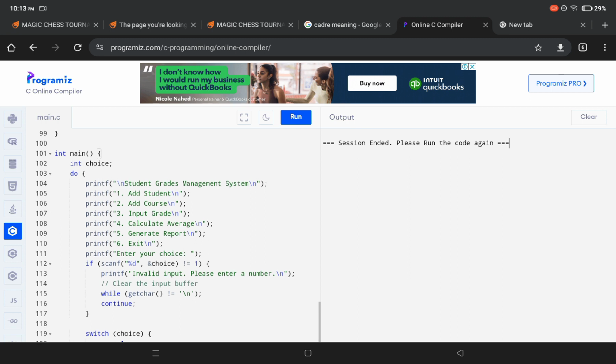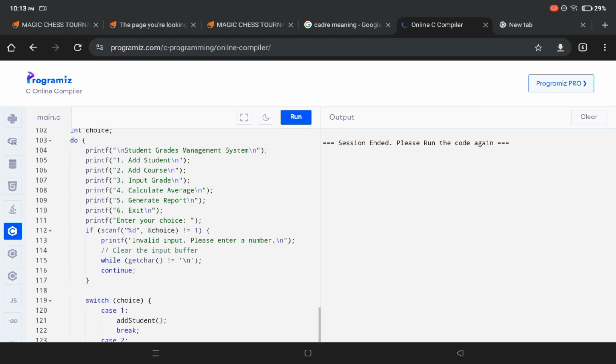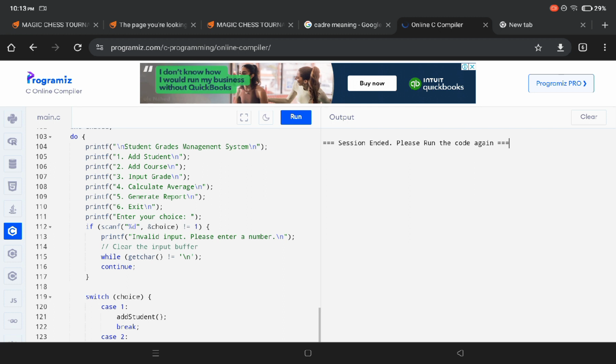It displays a menu with options to add a student, add a course, input a grade, calculate averages, generate report, and exit. It prompts the user to enter their choice and reads it into the choice variable.